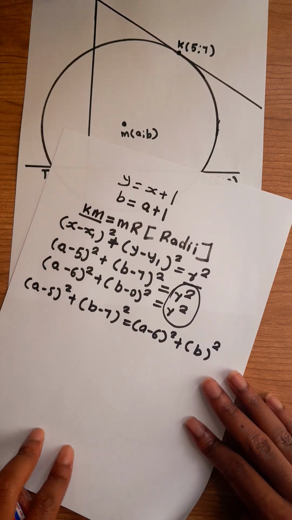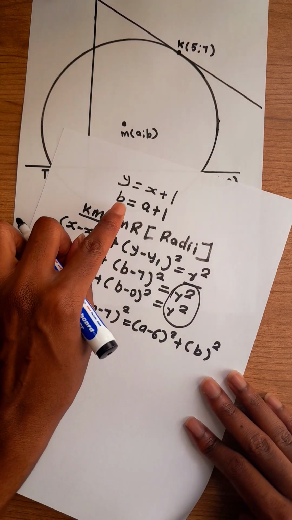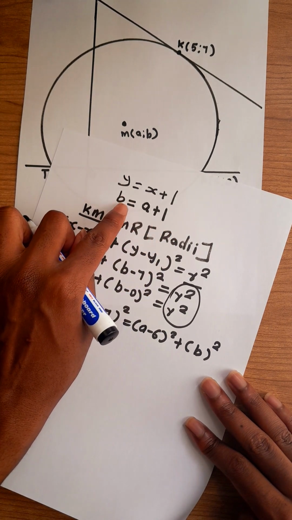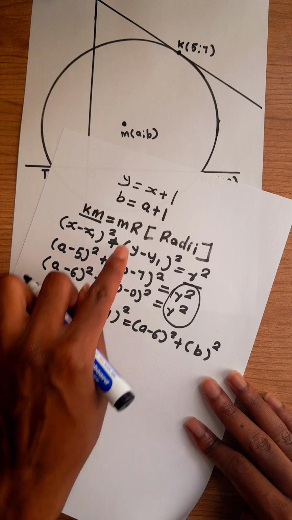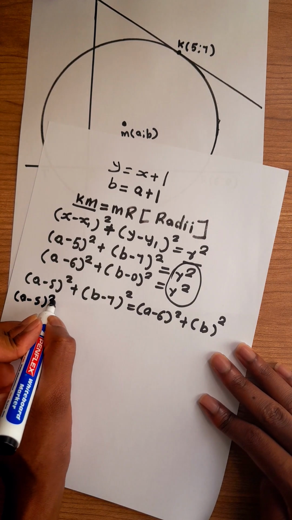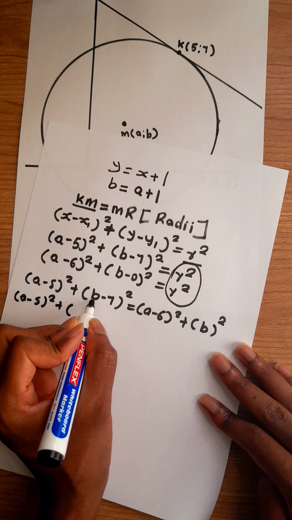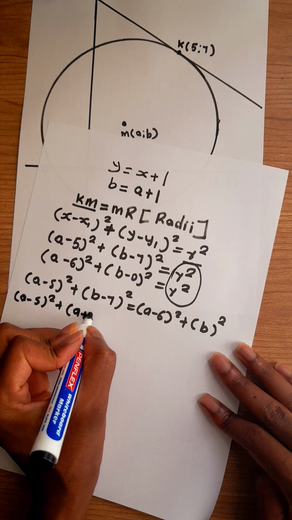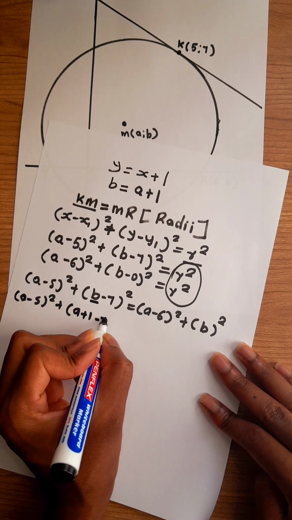But guys, what do we know about b? We know that b can also be written as a plus 1. So whenever there is b, I'm just going to write a plus 1. So I'm having (a minus 5) squared plus, wherever there's b, I'm just going to write my a plus 1, and then this minus 7,